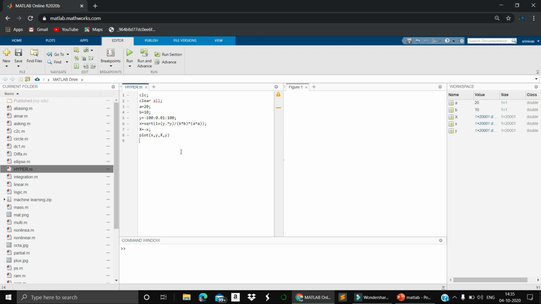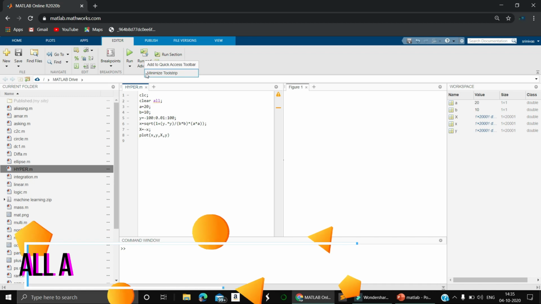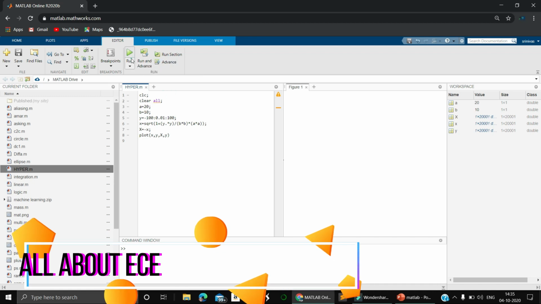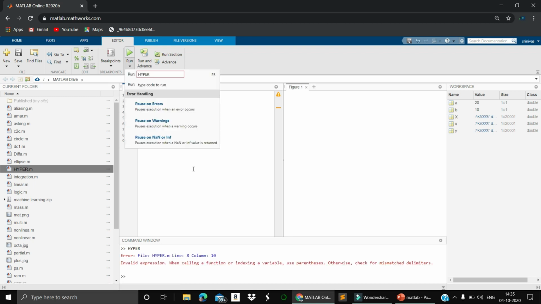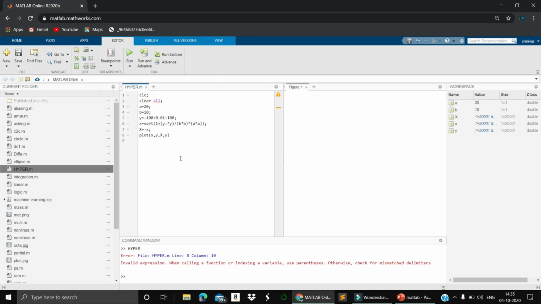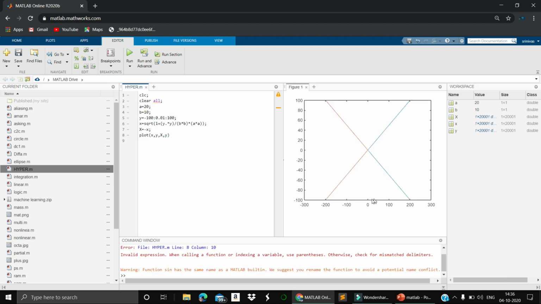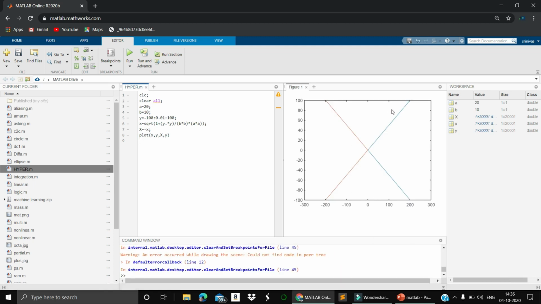Let's run this code. When I run this code, then you will get it in this way. So you will get it like this. Two opposite curves, this one is one side, this one is another side. This is one side of x square by a square minus y square by b square.